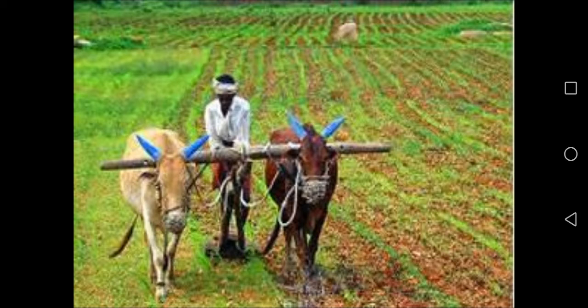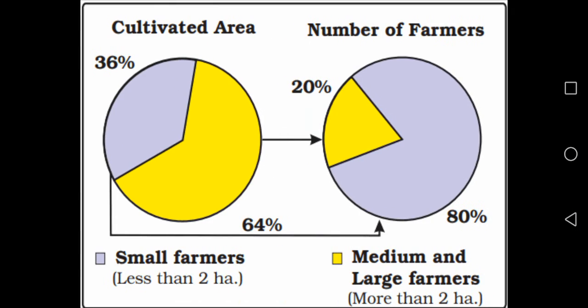One is a town and another is a big village, which is 3 kilometers away from Palampur. And generally the people living there are medium and large farmers and small farmers. You are watching a pie diagram here, and the purple color is showing small farmers. Small farmers are near about 36%, and afterward the medium farmers you are watching here as 20%, and